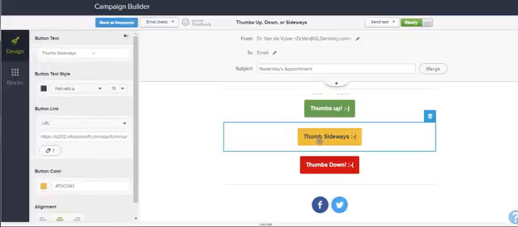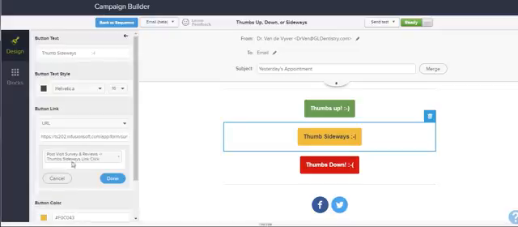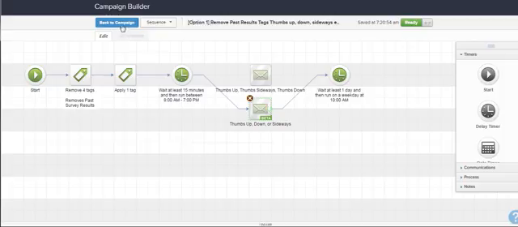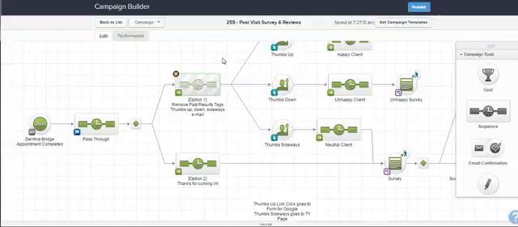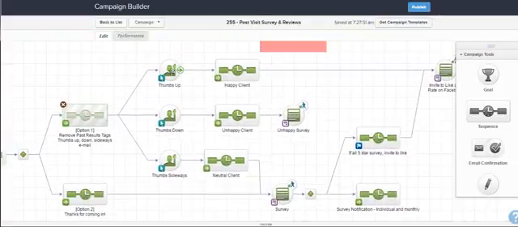Those buttons you can see are linked to tags. So if they click sideways, then they get tagged as sideways. If they click thumbs up, then they get tagged as thumbs up. Then the next day, so these are linking to those links. If it was thumbs down,